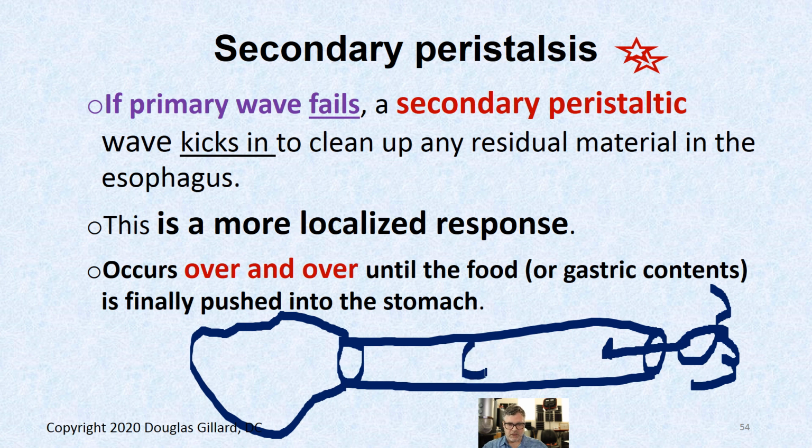If the food gets stuck here, secondary peristalsis is not going to start way up here. Primary peristalsis starts way up here by the upper esophageal sphincter. Secondary peristalsis will start upstream right here. So you get a contraction of the smooth muscle and it'll go all the way down like that. If the stimulus is still there, if the food hasn't moved, you'll get another one. Pushes it down, and another one, and it can go over and over and over until this food or acid